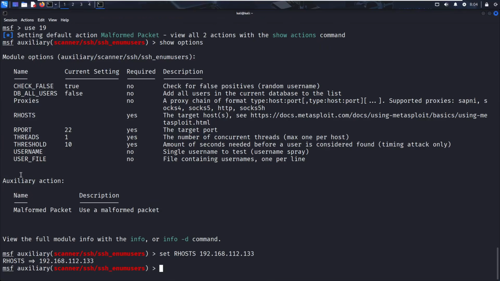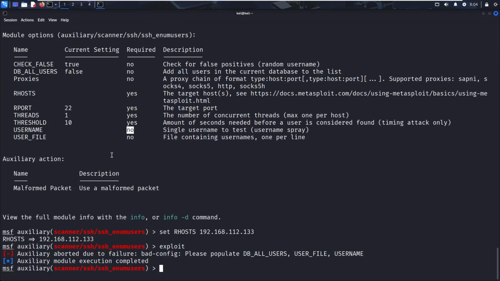Right here I need to set up, no need to provide the username and the user file, because the requirement is "no" here. Remember, you can't depend upon this "no". Even if it's saying no, you still need to select your file. Let me exploit it. Simple, I don't want to set up any file here. Exploited. See, it's saying that